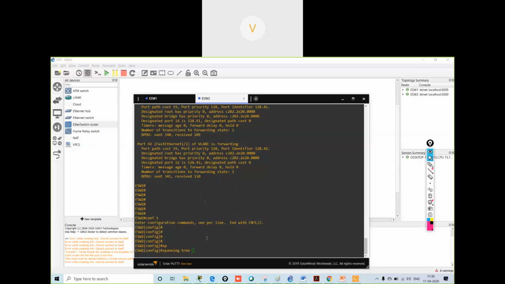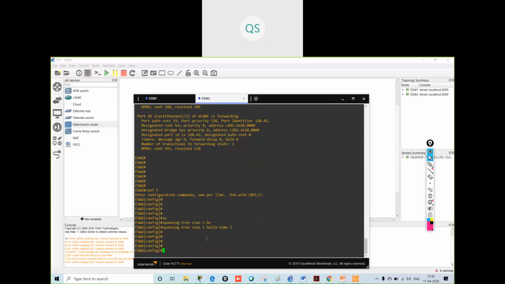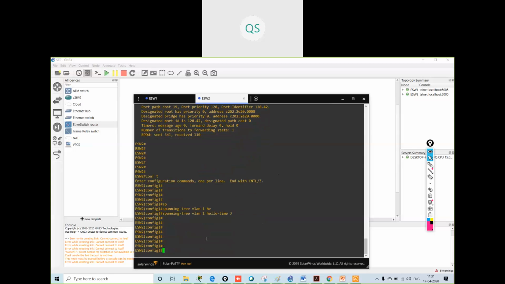So I'm on the second switch and I will change the hello timer over here also. VLAN 1, hello time, what I have given is 3. Then I will change the max age also.